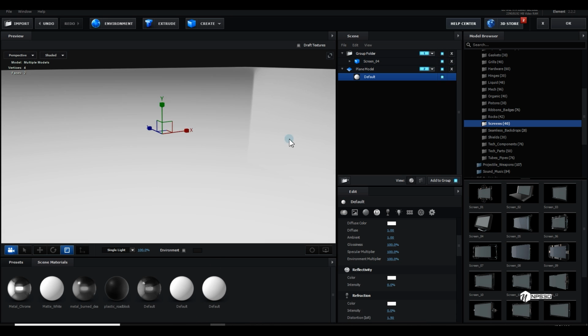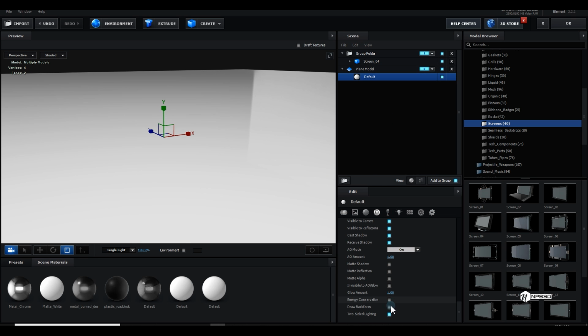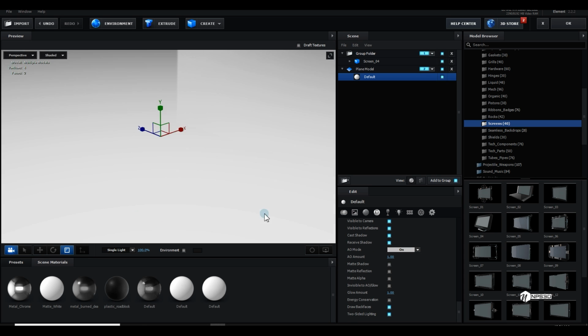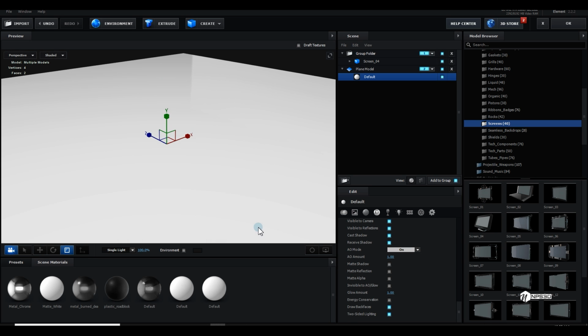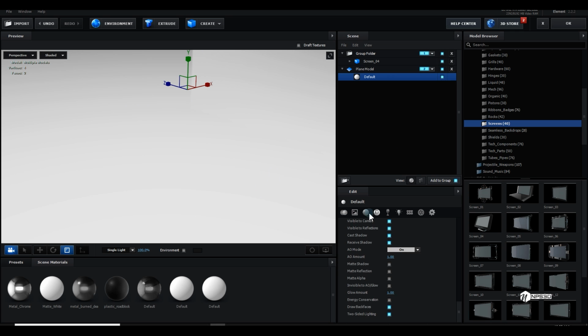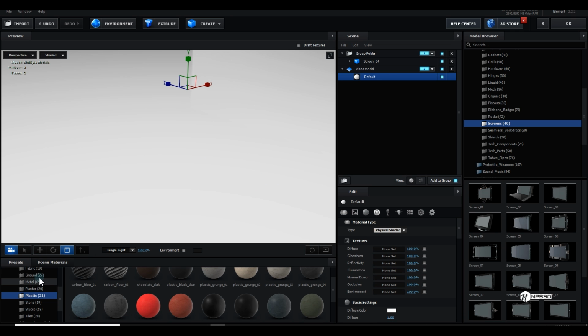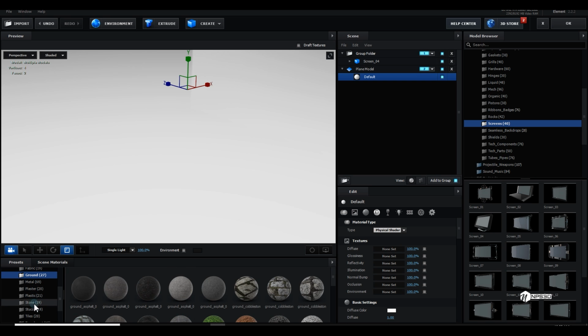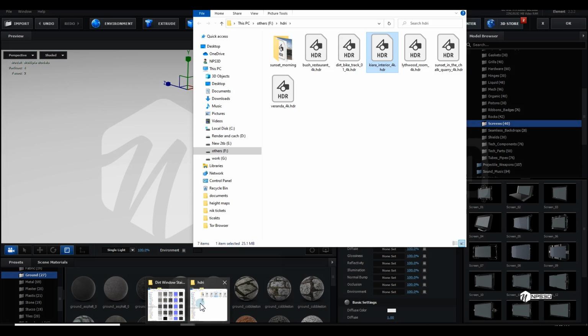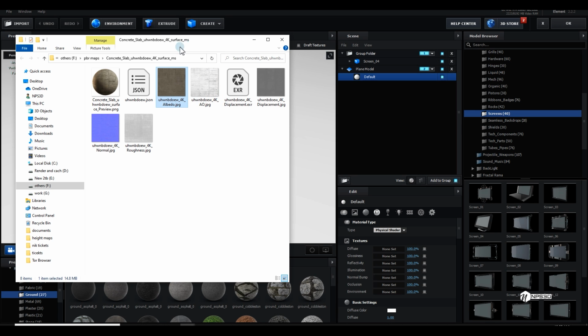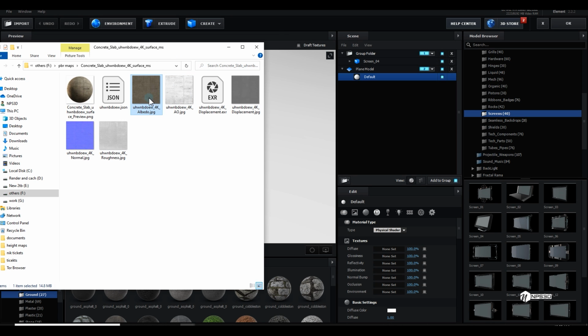So select this plane, first of all go to the advanced settings and enable draw back faces, so you can see both faces of this plane. And then I will use a custom material for the ground. You can use Pro Shaders ground material, metal material, anything which you want, but I want to use something else. Simply open my textures and then I will load the textures here.